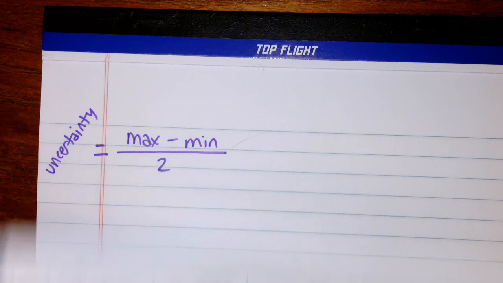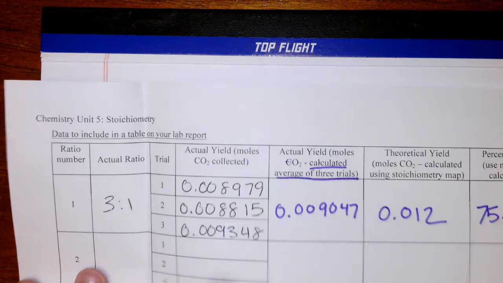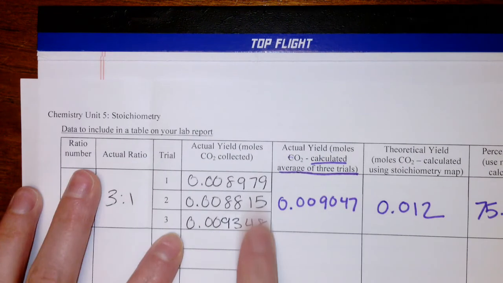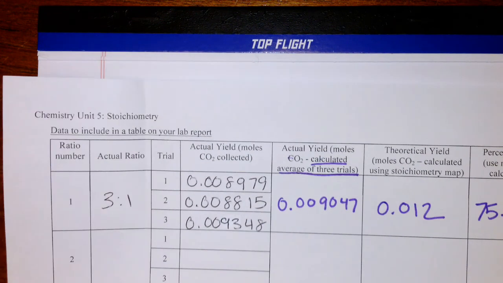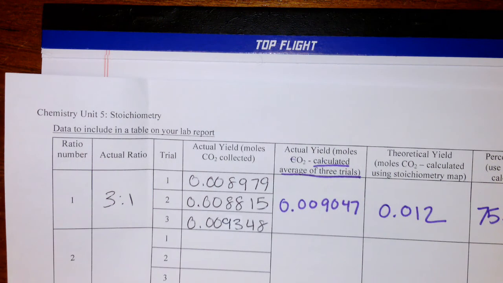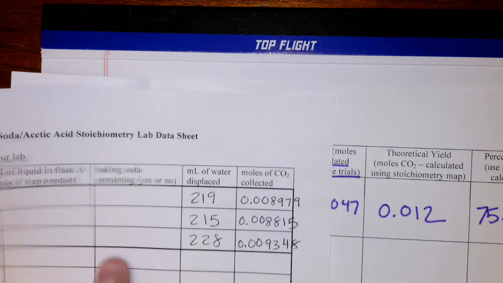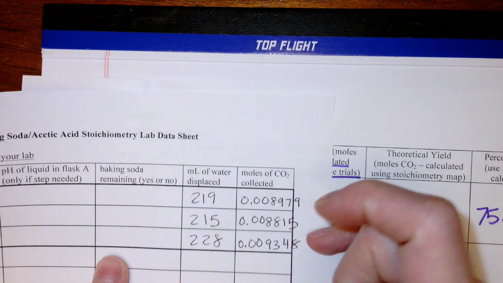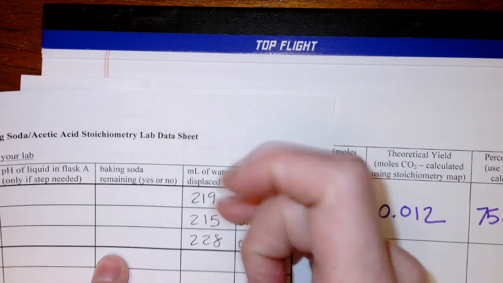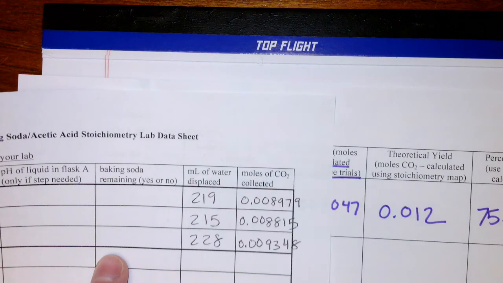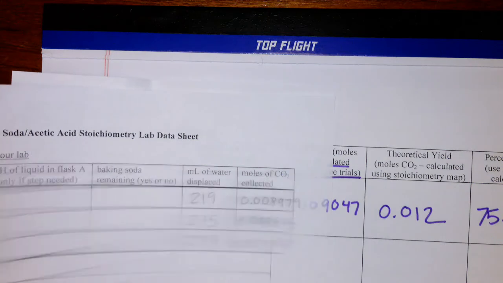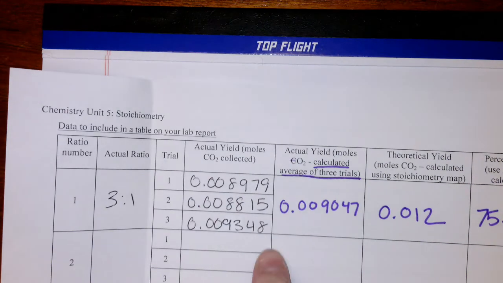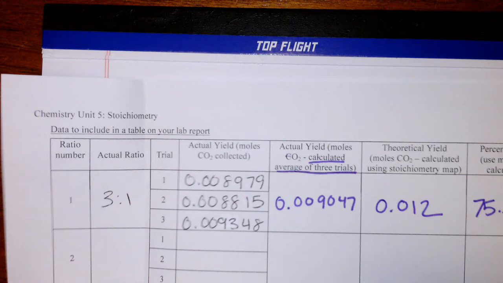So in order to do this, I want to look back at these 3 numbers, okay? And remember, my actual yield, these are the numbers that I've gotten from this chart. Okay, so these are my moles collected that I converted over from my milliliters of water that have been displaced. So these are my 3 numbers, and the first thing I need to do is figure out which one is